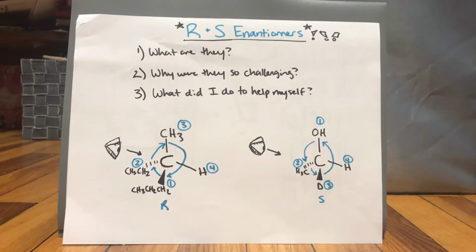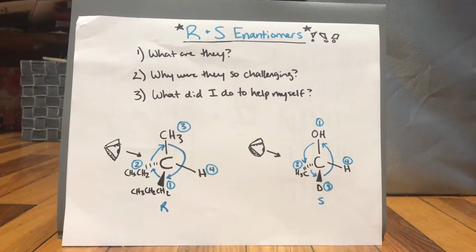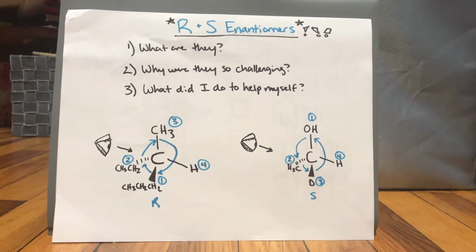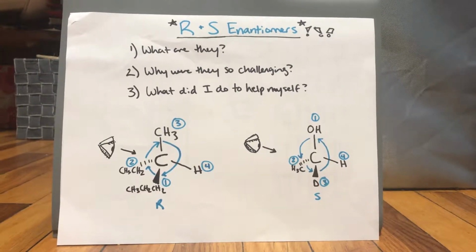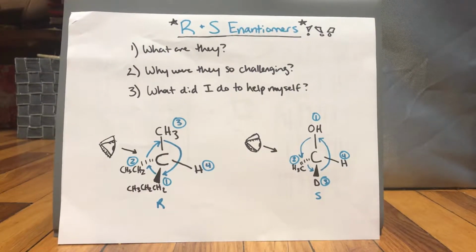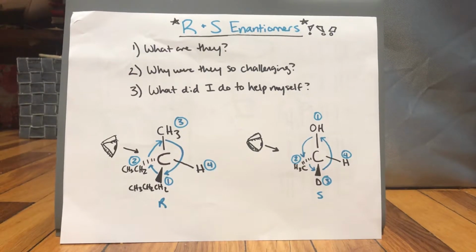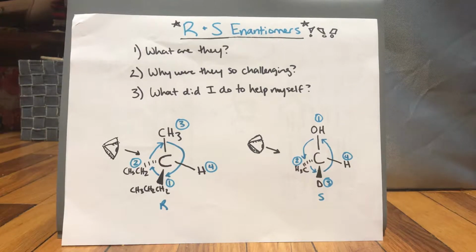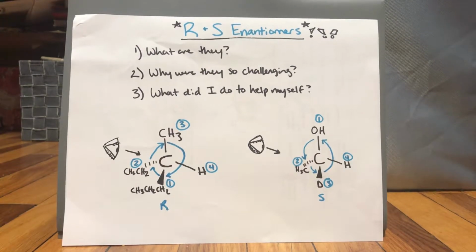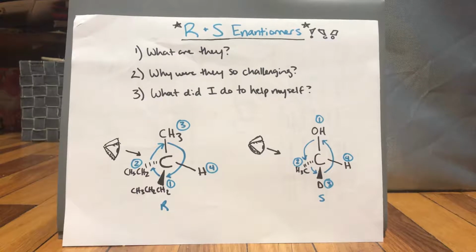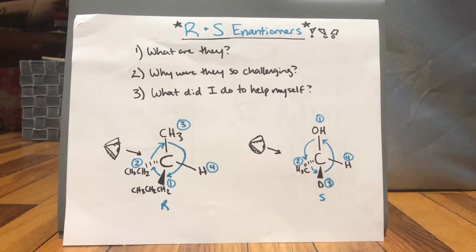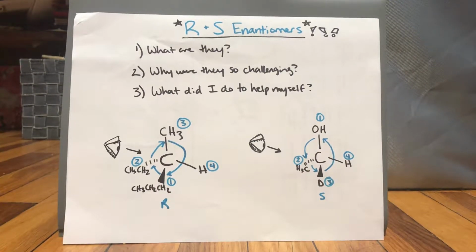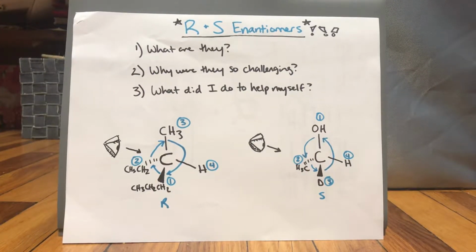This topic was challenging for me because I'm not very good at visualizing 3D objects in my head, so I was bad at being able to rotate these objects to determine whether they were R or S enantiomers. I attended many SI sessions on this topic, and our SI suggested that we use the hand rule, and initially this worked. However, whenever I would take a break from the material, I would forget how the hand rule worked, and the hand rule was heavily dependent on imagining the 3D objects in my head and rotating them, which I'm